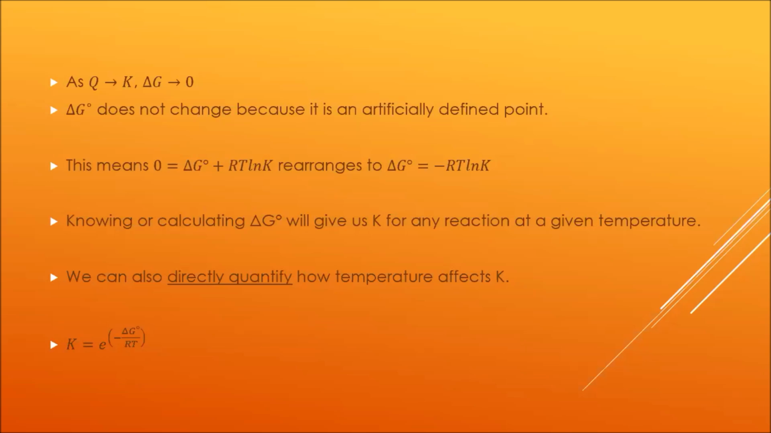So as Q is shifting towards K, delta G non-standard is going to shift towards 0. Because when delta G is 0, the reaction is at equilibrium. It's no longer spontaneous to go forwards. It's no longer spontaneous to go backwards. And so that's what we're relating, from a previous relationship,